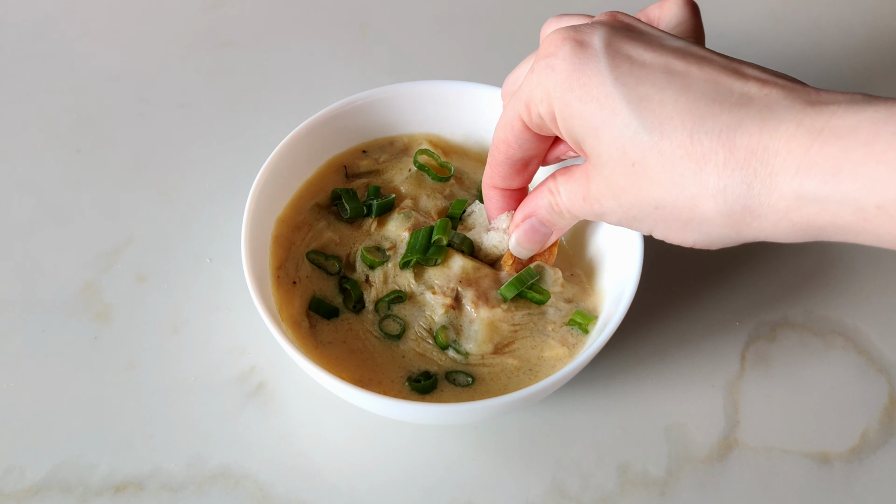inspired by Zelda Breath of the Wild. I've included a link to the recipe in the video description below. Let's dig in. I'm going to start with the prep work, but feel free to skip right onto the cooking